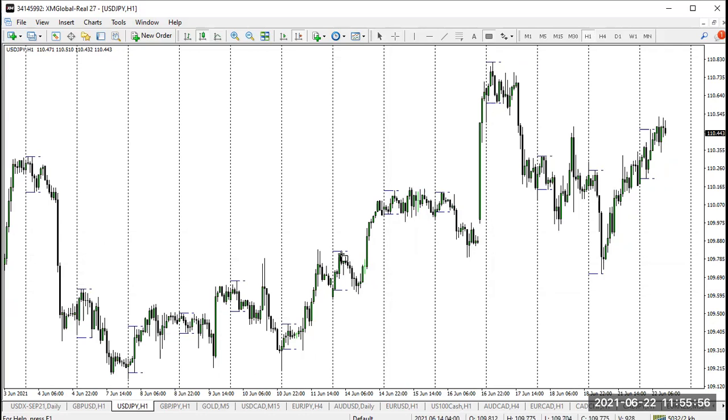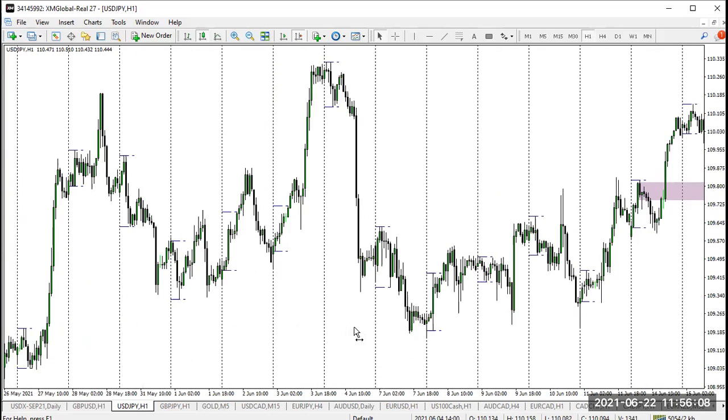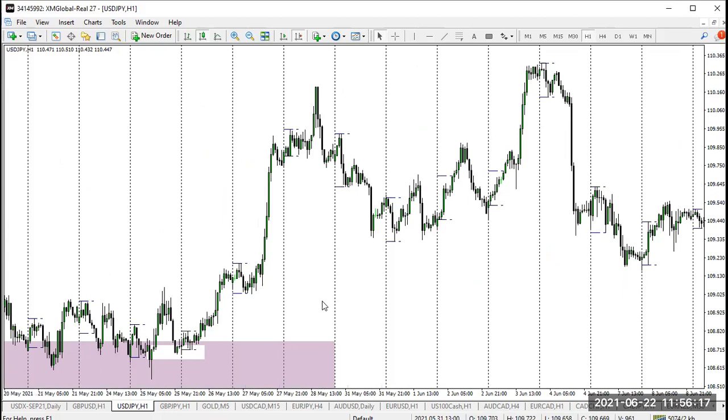Another one here. Low, high, fail, break, return to mitigation block. Price goes up. The reaction is so good, especially when you now know the context and which ones will work and which ones don't work. Man, this will be so good. It will be really good for you.